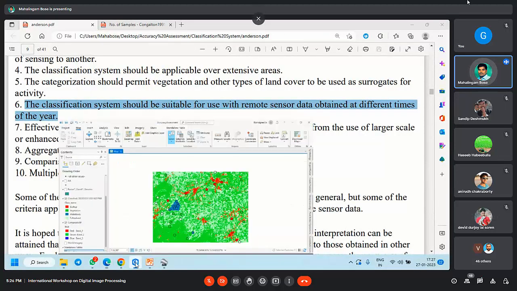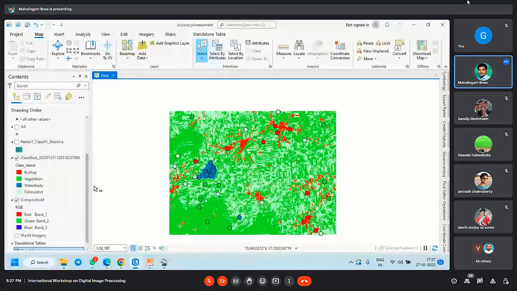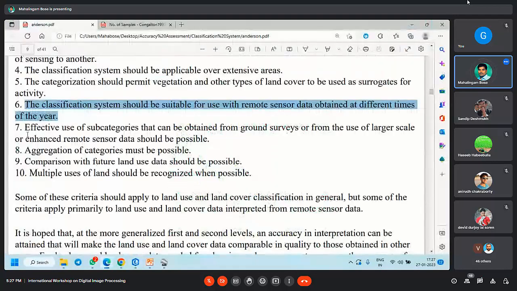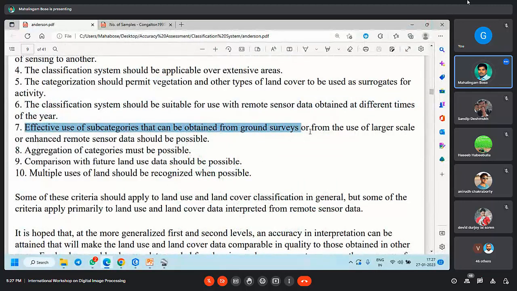So like here we have 4 classes now, and in the future if you get any other satellite imagery, this classification system should be applicable. Then effective use of subcategories that can be obtained from ground surveys or from the use of larger scale or enhanced remote sensor data should be possible. Aggregation of categories must be possible. Comparison with future land use data should be possible. Multiple uses of land should be recognized when it is possible. So these